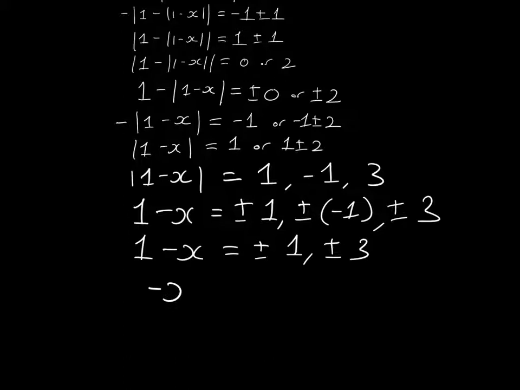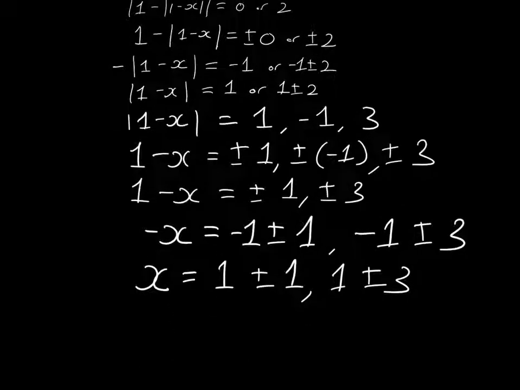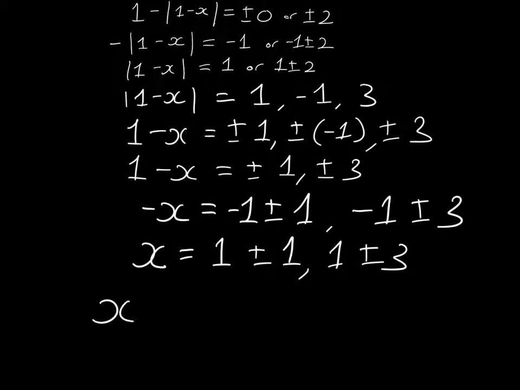Now we have negative x is equal to 1, negative 1, plus or minus 1, and negative 1 plus or minus 3. And multiply everything by negative 1. 1 plus or minus 1, and 1 plus or minus 3. So now we just write out all these solutions, which is